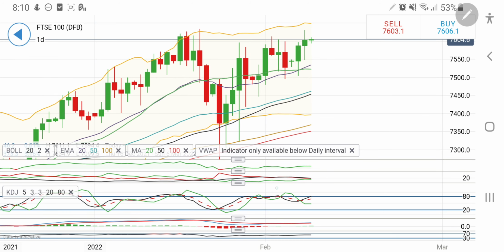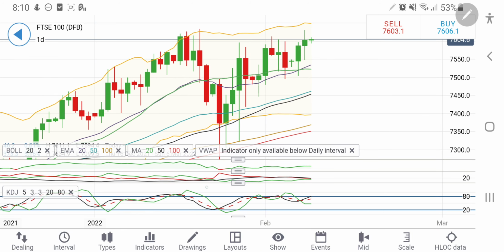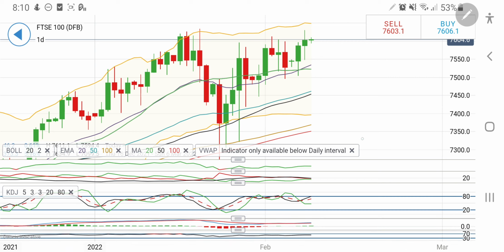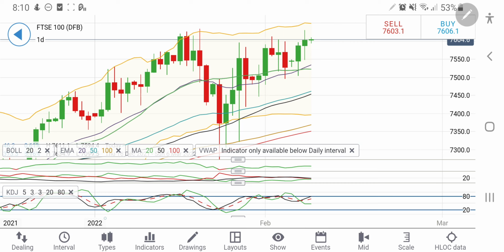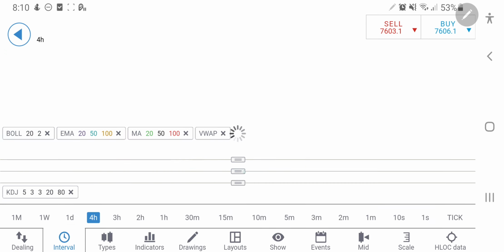It is at comfortable levels, trying to enter into an overbought position. Also look at the bullishness here. The bullishness is trying to look forward to a breakout, and the bullishness is diminishing, but a high at around 7640, 7650 can be expected, with a support at around 7560, 7580 levels. Now this is on the daily charts. Have a look at the 4-hour charts.